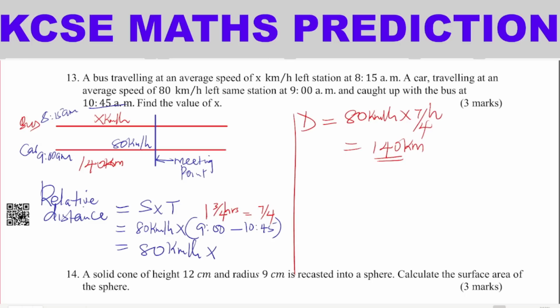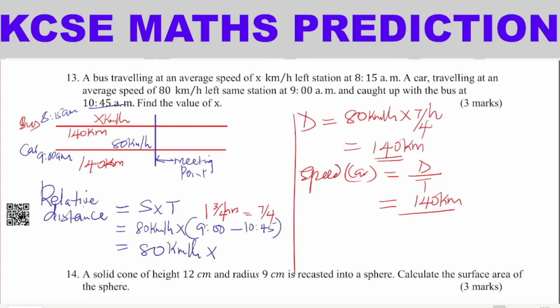So now we have that distance still the same. So this distance is 140 kilometers. Now, having that, we can now get the speed of the car. The speed of the car will be obtained by, we get the distance, which is the relative distance, divided by the time taken. So the relative distance between the two is 140 kilometers, and then we divide by the time